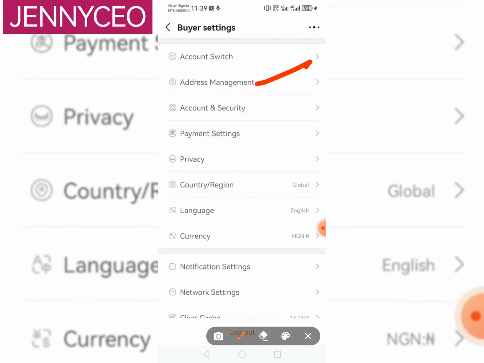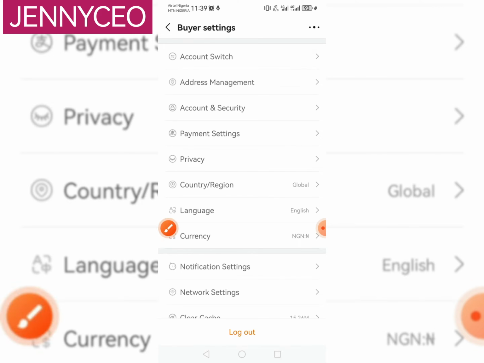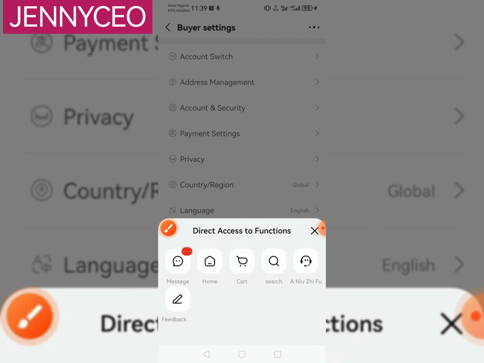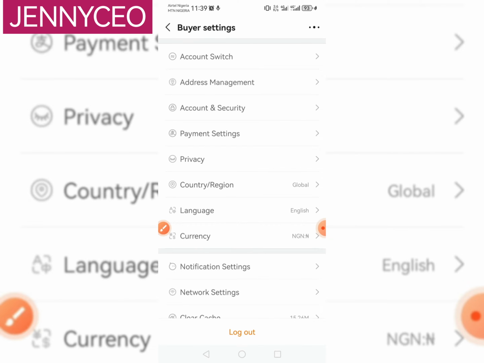In case yours is still showing in Chinese, you should know that the second one here is address management. Now let me say something before I forget. This is another thing you need to turn on. Look at this place, buyer setting. You click on this three icon. Okay, you see, this one is direct access to function. So if you don't want to go through all that, you can just access everything you want from here. Now you go to address